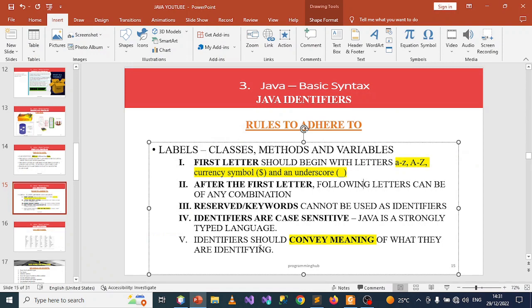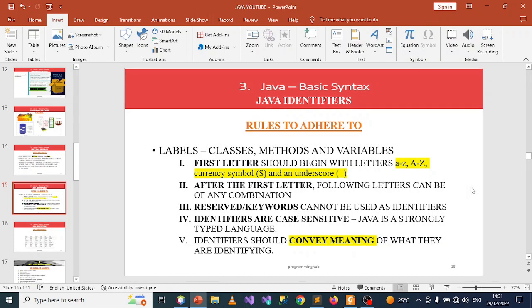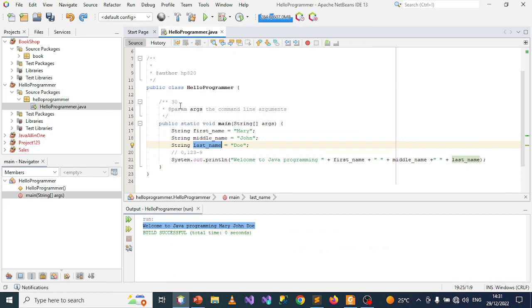We are prohibited from using reserved or keywords. The reserved or keywords, these are words in a programming language which have been set aside. They have been set aside because they have specific meaning for that particular programming language. For instance, you cannot give